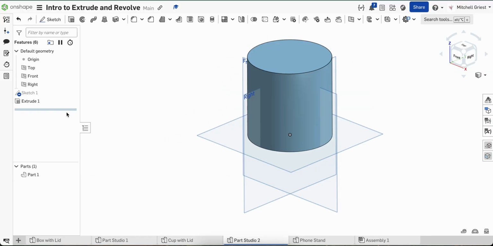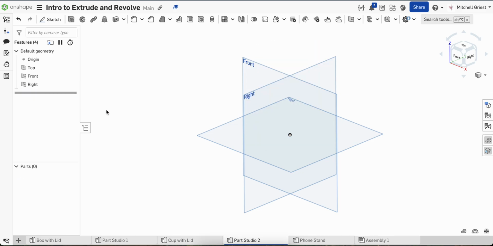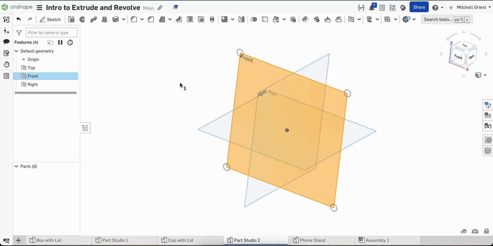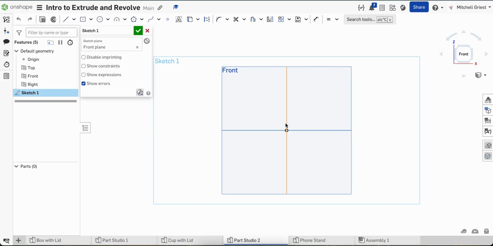Instead, we're going to use the Revolve tool, which is an amazing tool for creating any kind of round part, any kind of part that has radial symmetry. So instead of drawing a circle and dragging it up, we have to think a little differently with the Revolve tool. So if, for example, we create a sketch on our front plane, and let's start with just a simple